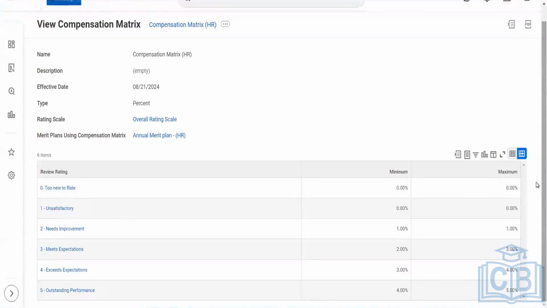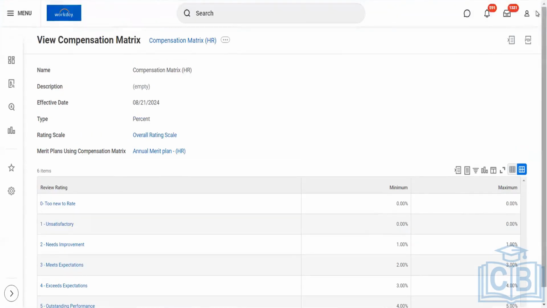I have a separate merit matrix. Don't I have an option called Create Merit Matrix here? That is what we are doing, right? This is the compensation matrix that you are referring to. Can you just have something called merit grid? Merit grid is something different.